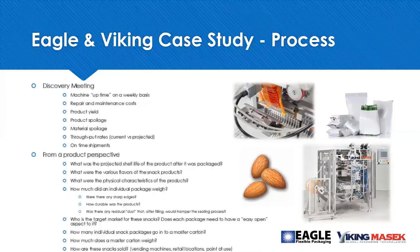And so that really does bring the end-to-end perspective into what we are trying to build for them in terms of efficiency. Efficiency means three things: lower cost, improve productivity, and generate more revenue. And if their on-time shipment performance is lacking because of production, that's a metric that can be improved. And that's something that we wanted to dial in on in terms of the value of a new packaging platform